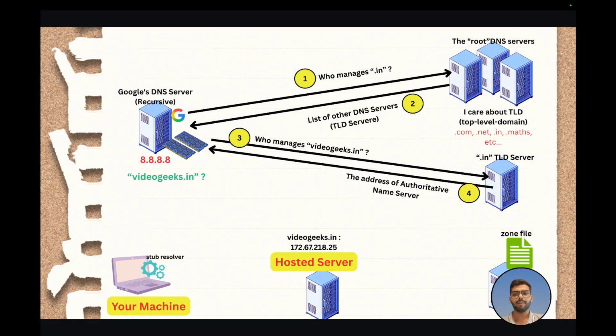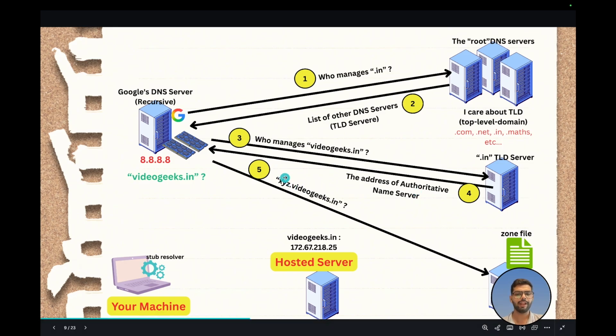Now in some cases your server might be managed by some third party like Cloudflare or any other cloud service provider like GoDaddy. In that case, the authoritative name server will be some other server, right? So after the TLD queries are completed, Google's DNS server will finally make a call to this authoritative name server, let's say Cloudflare, and it will try to find the IP address for videogeeks.in, which this server,